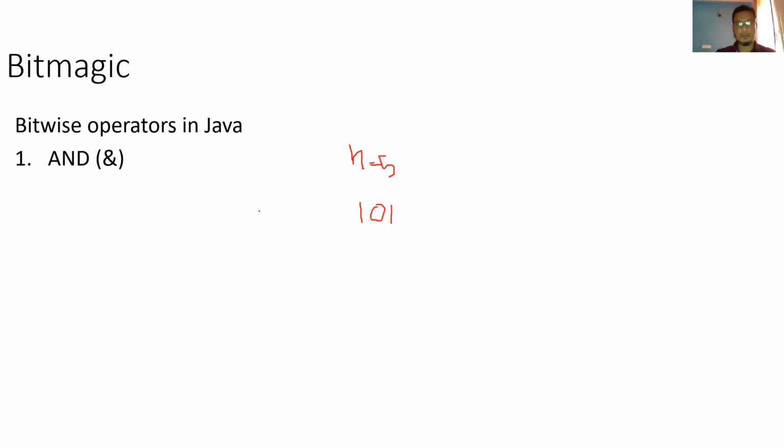Okay, so if it is in Java, right, it is an integer. It is 32-bit. So we have 29 zero bits, right? And then followed by we have 101, which is how number 5 is represented in bits. So they may ask you, given a number n, how many ones are there or how many zeros are there in that? You will check it, right? So this is how you can do it.